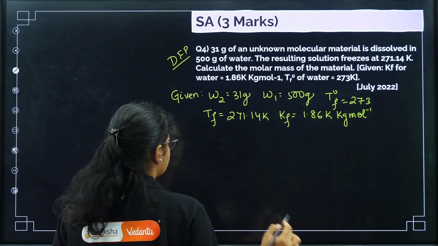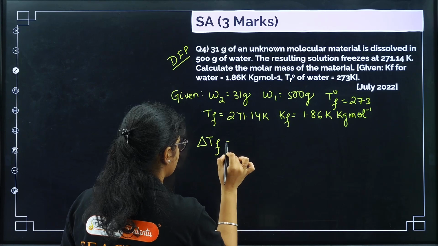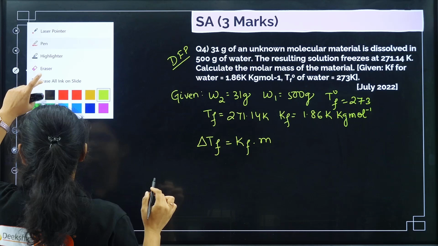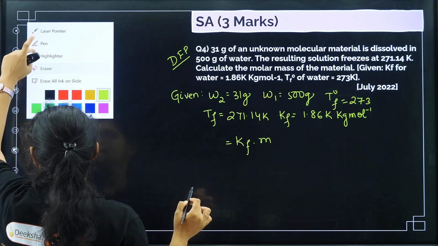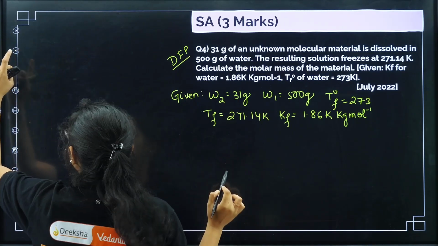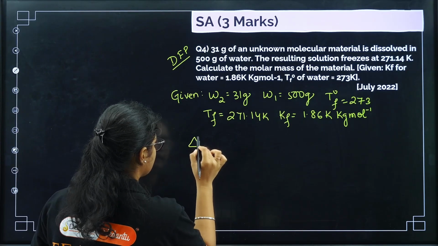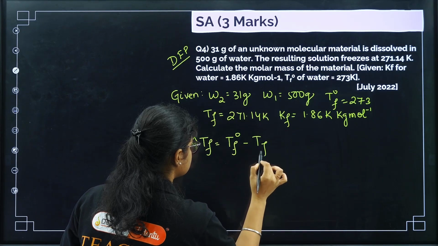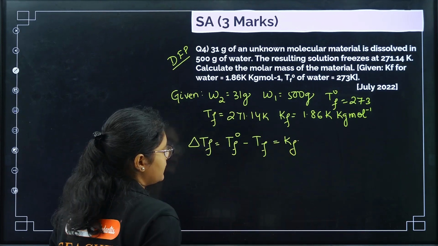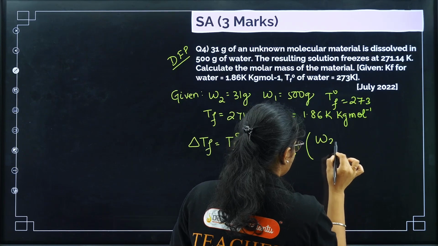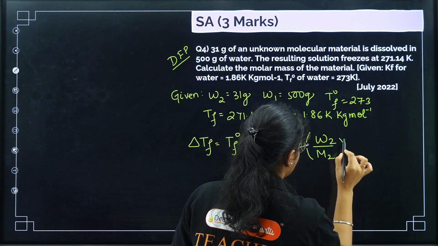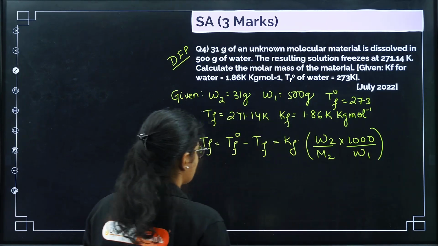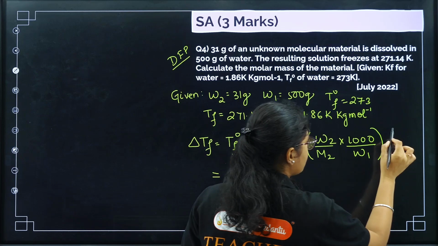Okay. So now we have this formula, delta TF is equal to Kf into m. Delta TF we can write in this way, because we need to expand and write. I'll write delta TF as delta TF is equal to T naught F minus TF is equal to Kf into molality, W2 by M2 into 1000 by W1. Okay. So now you can substitute the values here, and please mention the